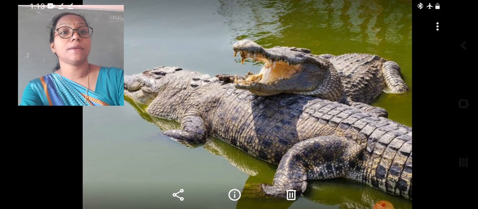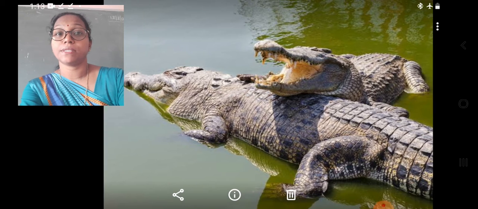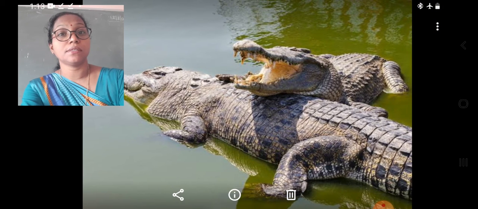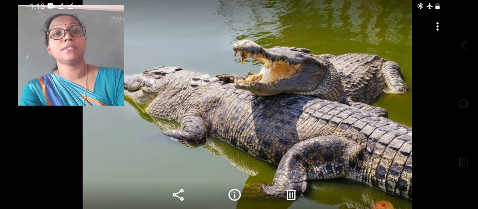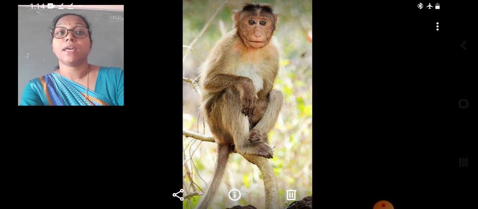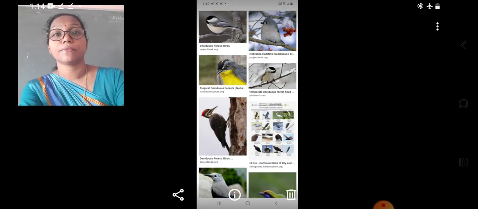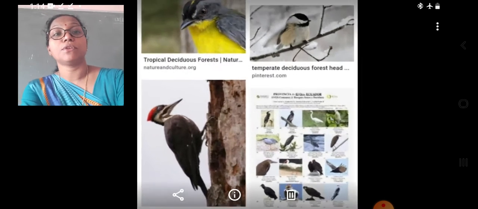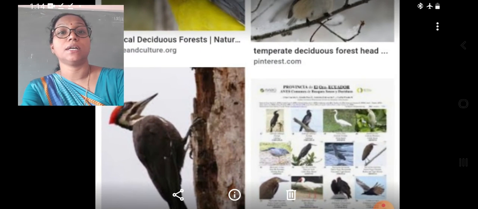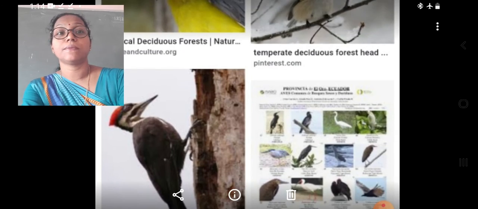These reptiles are present in the marshlands and in the water bodies found in the deciduous forest. There are different types of monkeys present in the deciduous forest. There are many types of birds found in the deciduous forest.